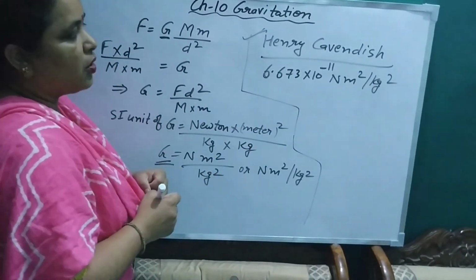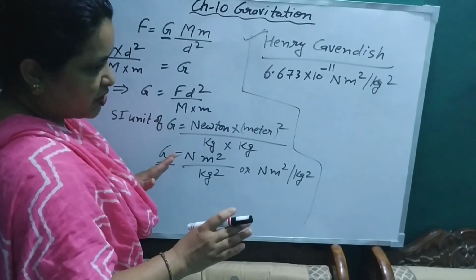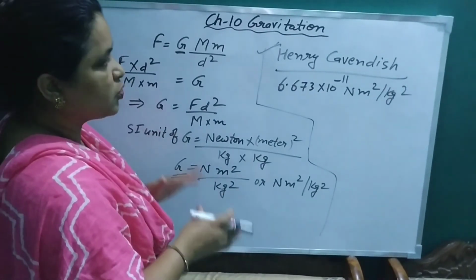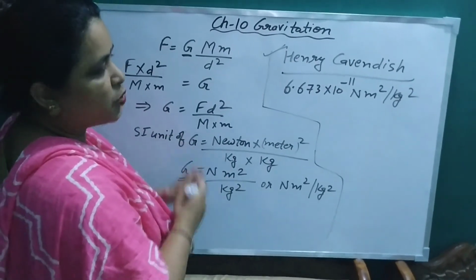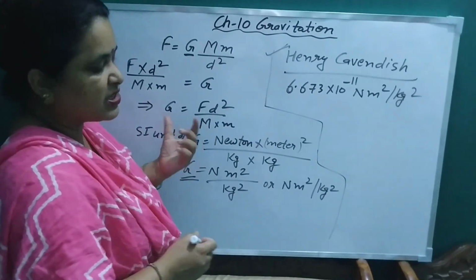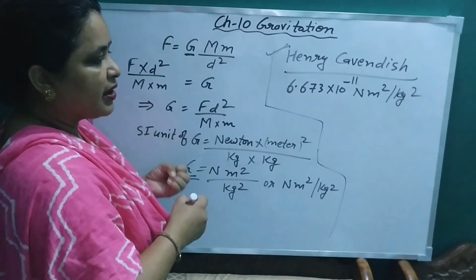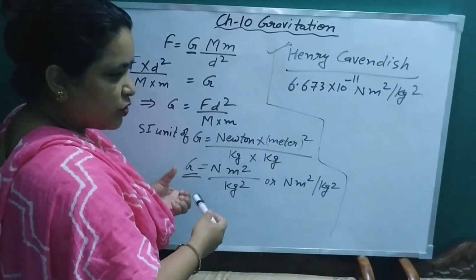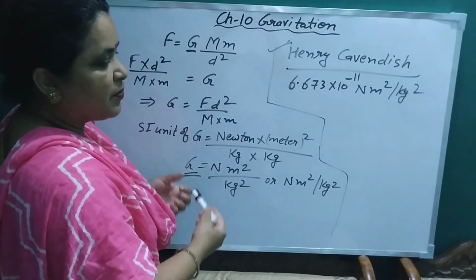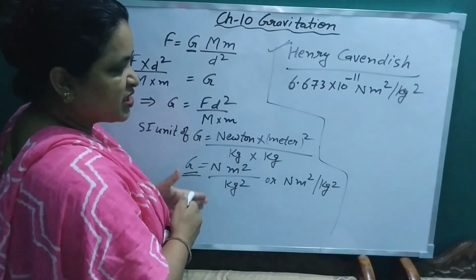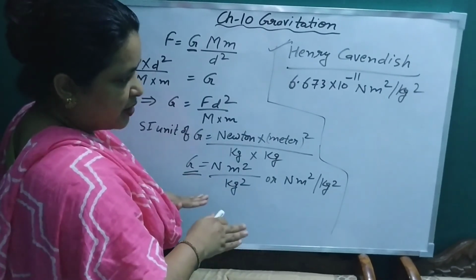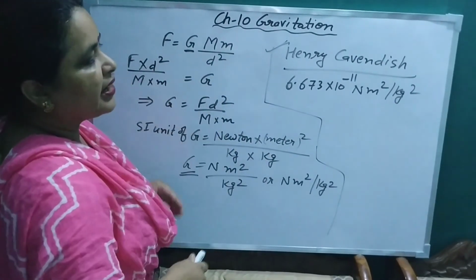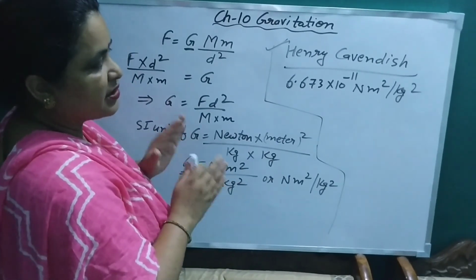This universal law is applicable to all celestial bodies. It is independent of time and place, so that's why it is known as the universal law of gravitation. The question arises why the law of gravitation is known as a universal law. It is known as universal because it is applicable to all bodies, whether they are small or big. It does not depend on the masses individually but on the product of masses only, and it does not depend on the place and the time.